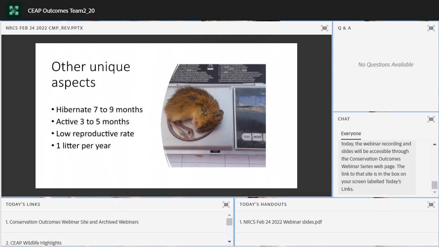There's more work to be done. Jen Zaraka in the upper right is working on, she's using fecal material again. We use a lot of feces on this project to look at breeding cycles so we can get a better idea of population recovery. If there's just 1 litter per year versus 2, that could tell us quite a bit.